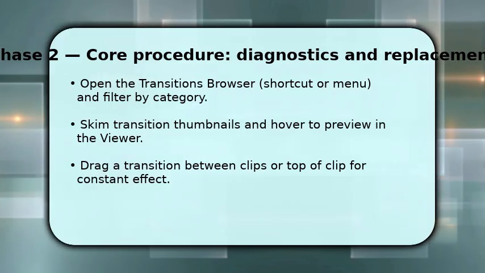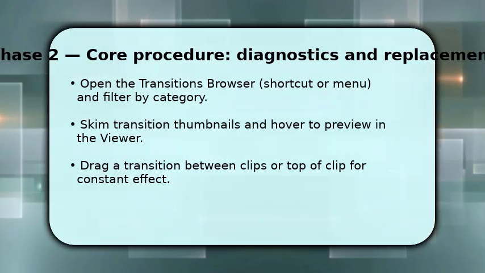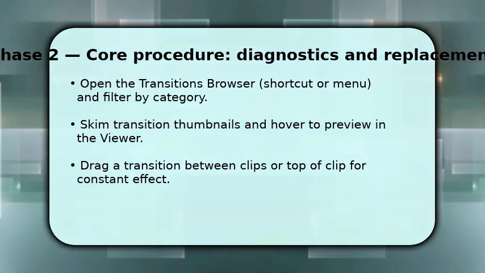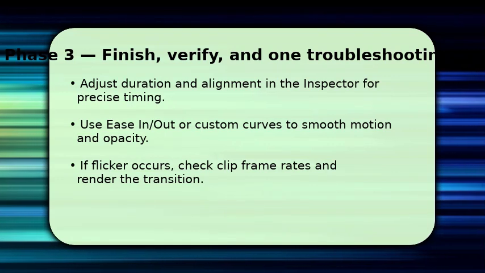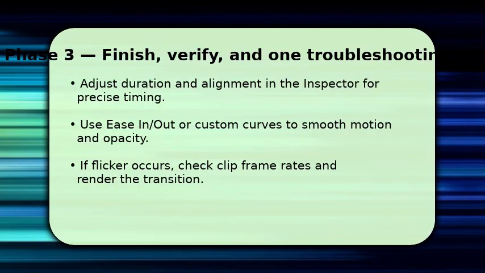If timing needs tweaking, adjust duration, finalize the transition by selecting it, and using the inspector to set duration, alignment, and ease settings. This controls how quickly the effect starts and ends. You can choose center, start, or end alignment depending on whether you want the change to overlap more of the